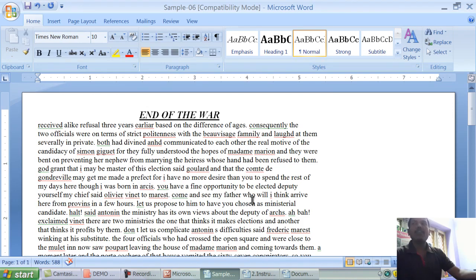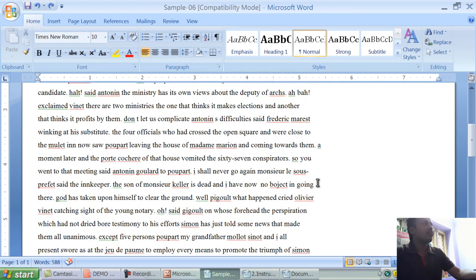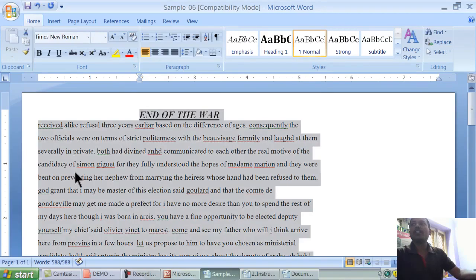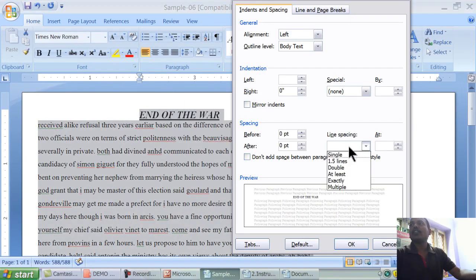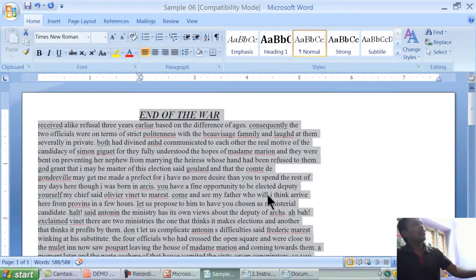For more clarification, see here, in each and every line we are applying shift enter. Now somewhere I am making some mistake over here, so just taking the backspace and applying the enter option, removed shift enter and applied enter option. Now I am selecting the data and changing this line spacing to single. So everything has changed, right? There is a mistake.